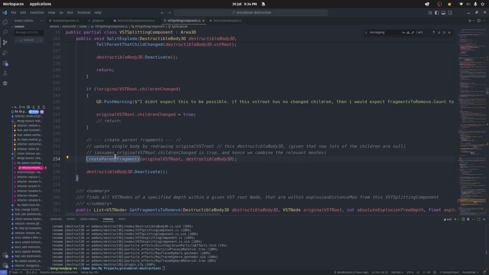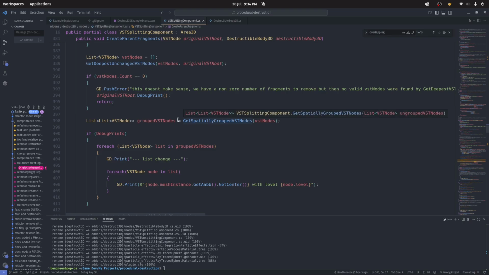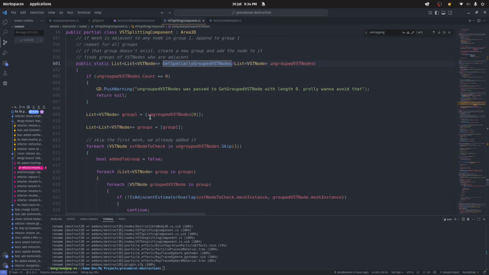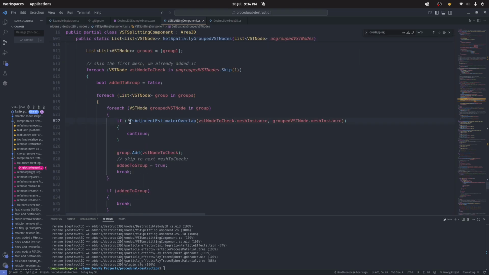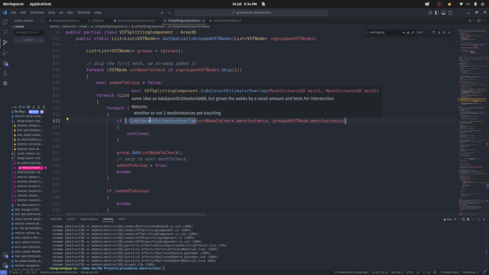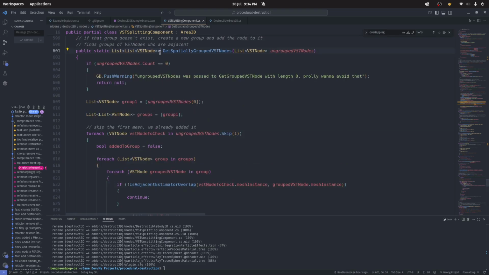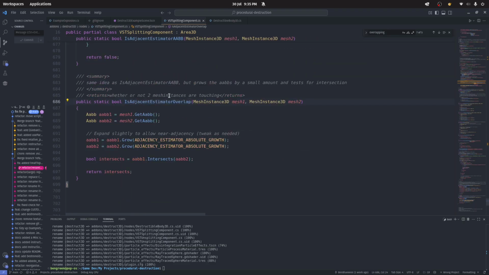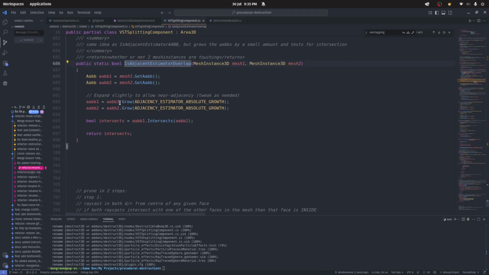So if we go to create parent fragments, there's this function which does get spatially grouped nodes, which kind of does what it says on the tin. It returns a list of lists, which is maybe a bit cursed, but the point is it returns a list of nodes which are grouped spatially. That's how you should think about it. And it takes in just a big list of ungrouped nodes. And it does this by this adjacent estimator, which just grows the 2 AABBs,